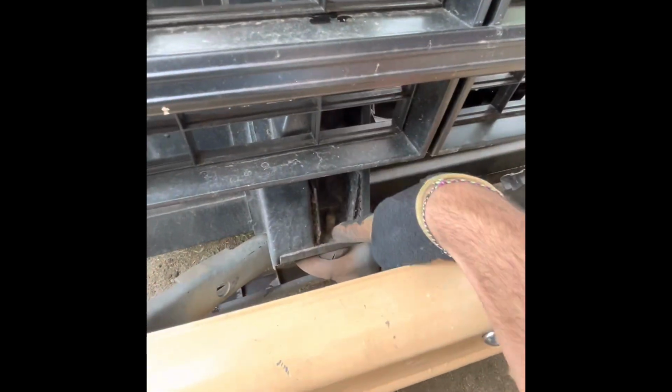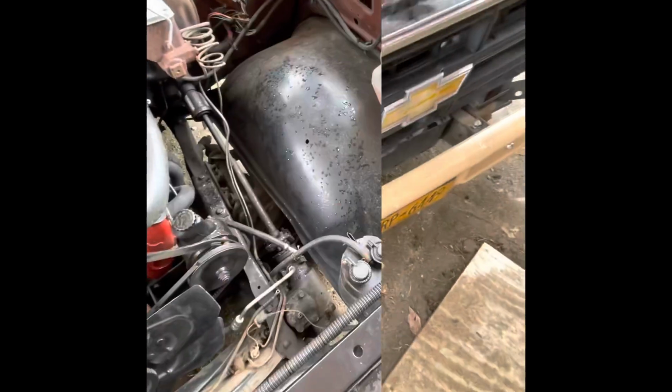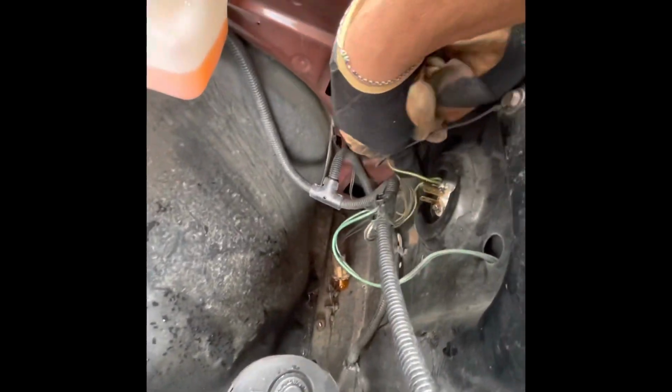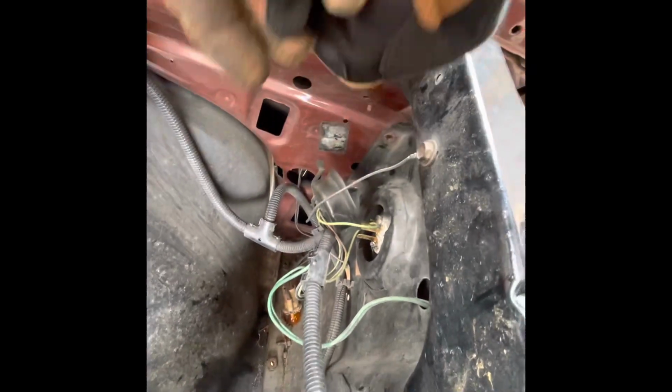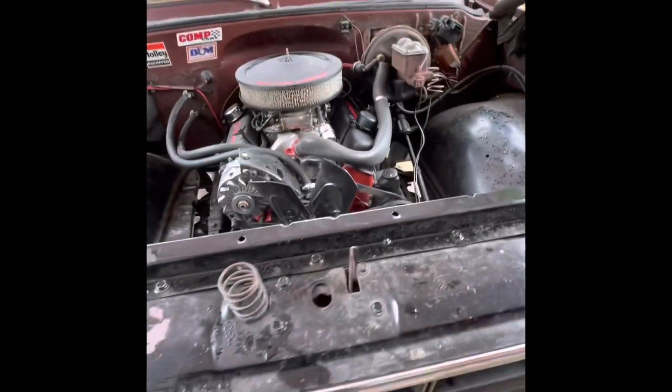This is where it's mounted to the frame, so then this just holds the fenders. These are 1/2 inch, and these I think are 3/4, so I'll have to use a deep well. So I popped the connectors off the back of the headlights. Got to take this grounding wire off, which is for the headlight, and then I think these wires go to my horn. Yep, I go to my horn. So I'll just pop the horns off, and then